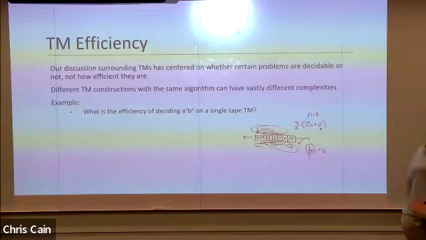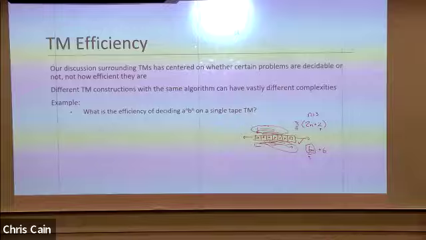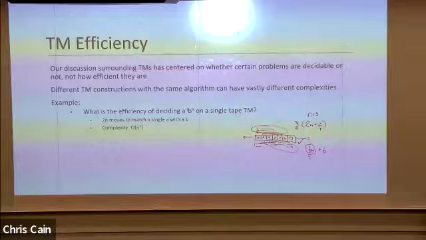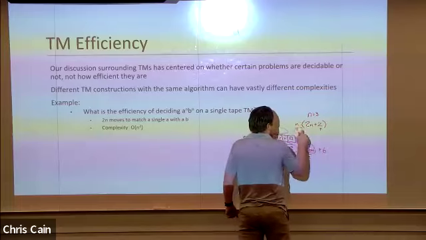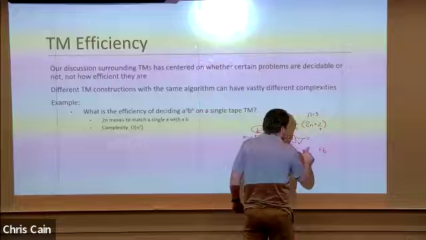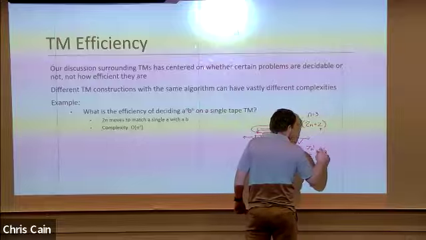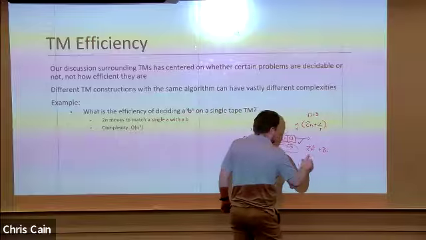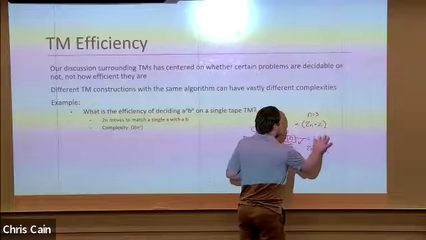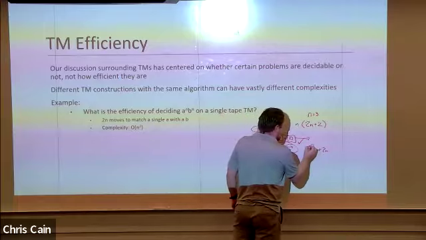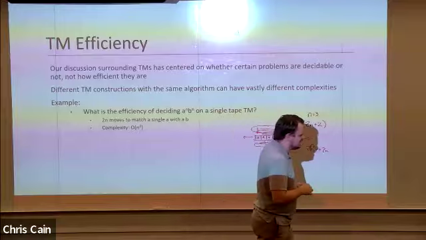So we end up with, let's reveal, 2n moves matches a single A with a single B. We can drop off the +2. So we get complexity n squared, because we need to do that n times, right? So this really isn't 3, it's n. Sorry, so n times 2n gives us 2n squared plus 2n. That's better. The dominant term here is the n squared, so this is quadratic.